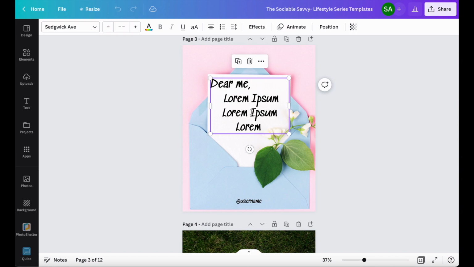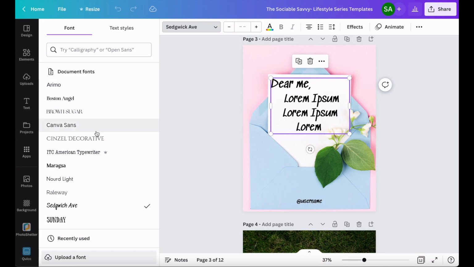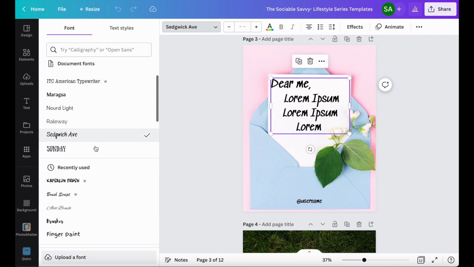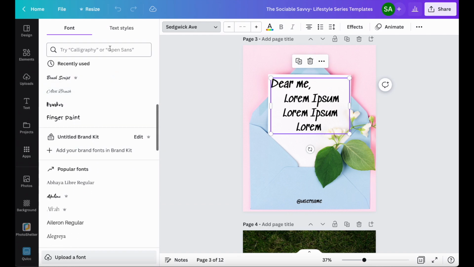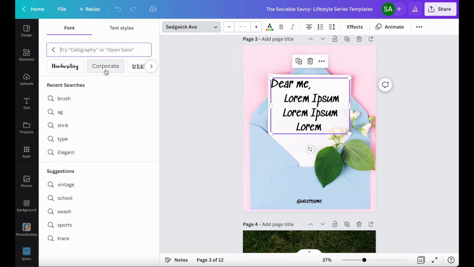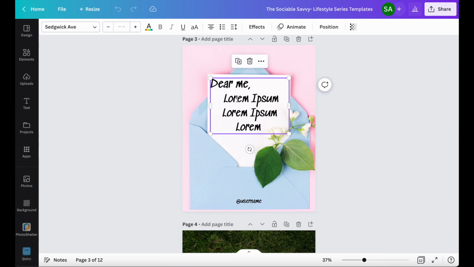So in order to change the text, you click on it once. You can change the sizing of the text. You can also change the style of fonts by going here. Canva has an amazing amount of fonts to choose from. One of my favorite hacks to show you is if you click there, at the top it'll show you all these different themes such as rounded, retro, vintage. It's just a little hack if I'm looking for a specific type, but I don't know what I'm looking for. So if you double click, that gives you the ability to actually change the text. So you can write whatever you want